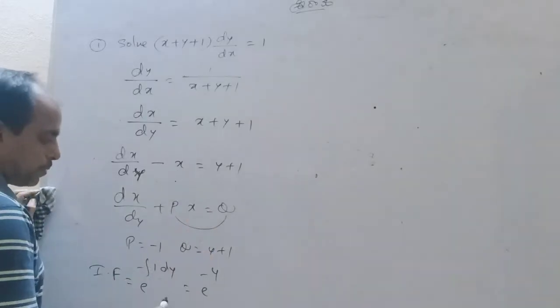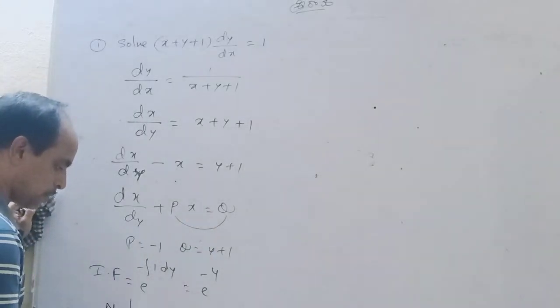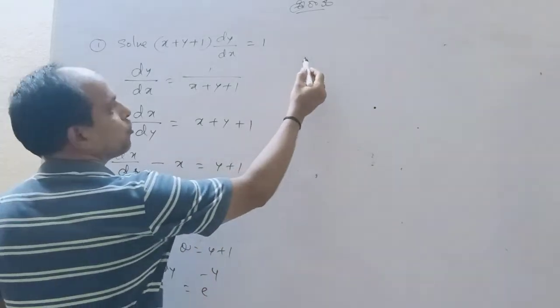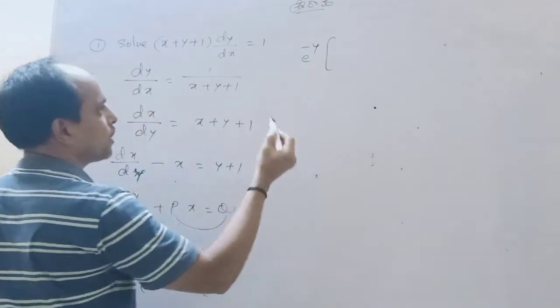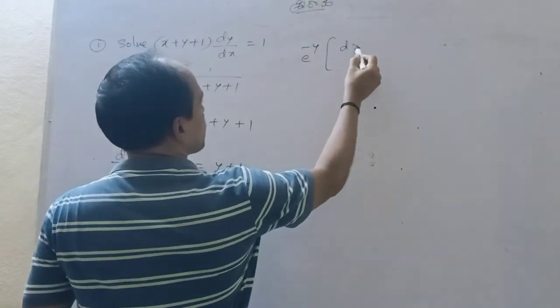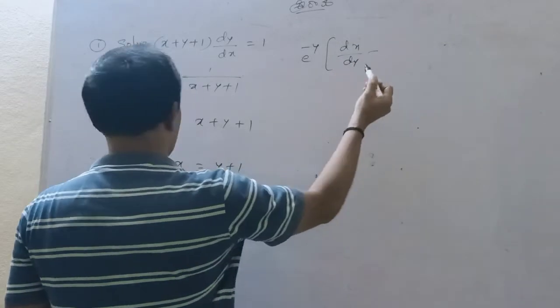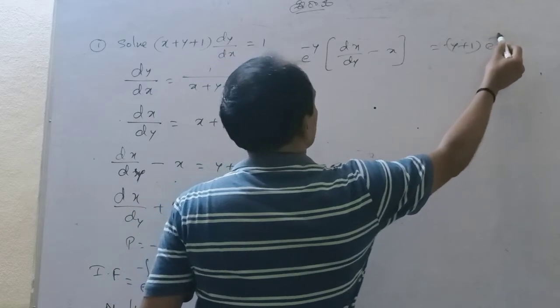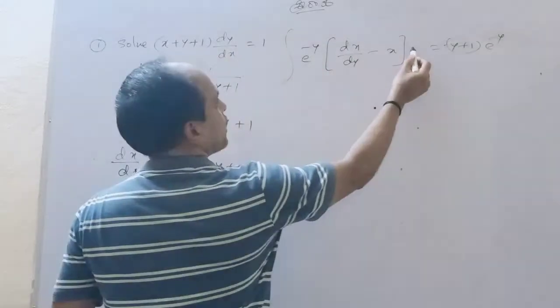Now multiply the differential equation with the integrating factor. We have e power minus y into (dx/dy minus x) is equal to (y + 1) into e power minus y. On integrating,